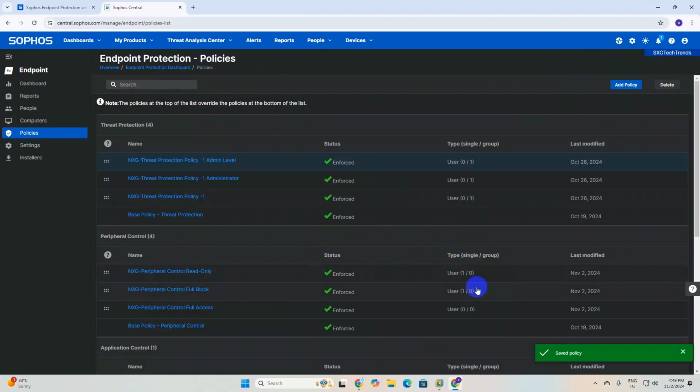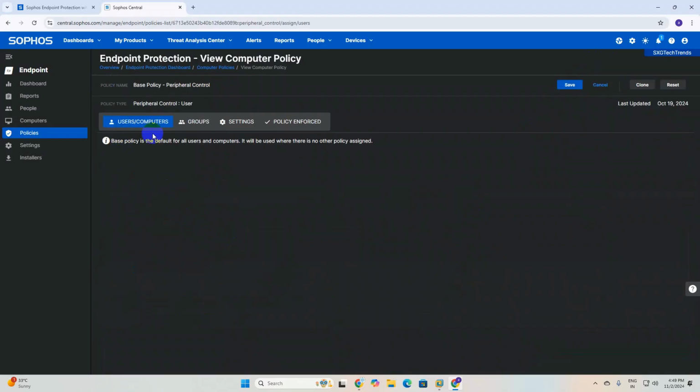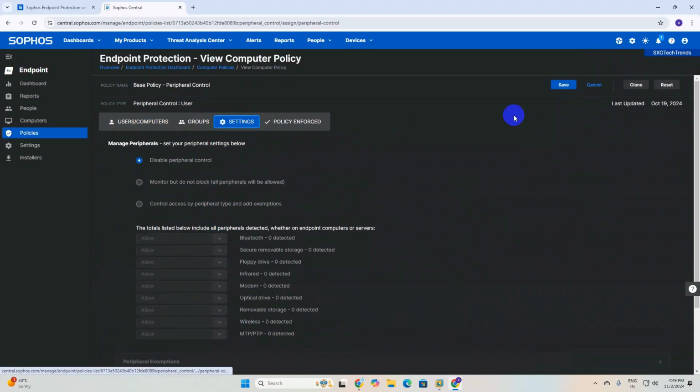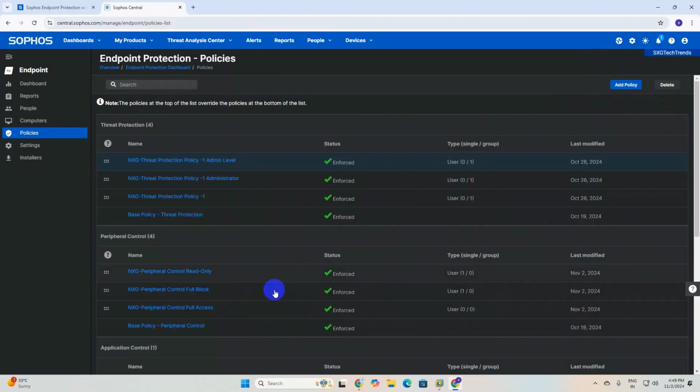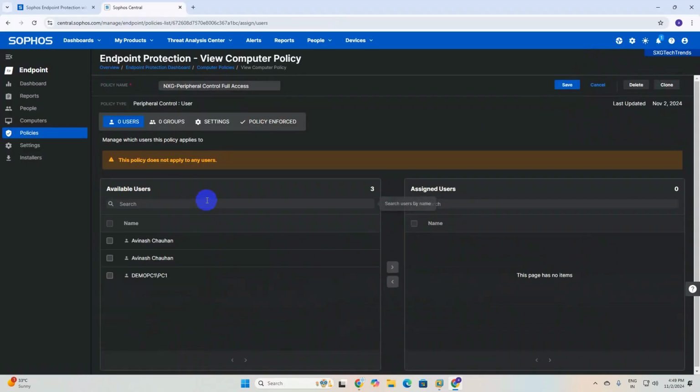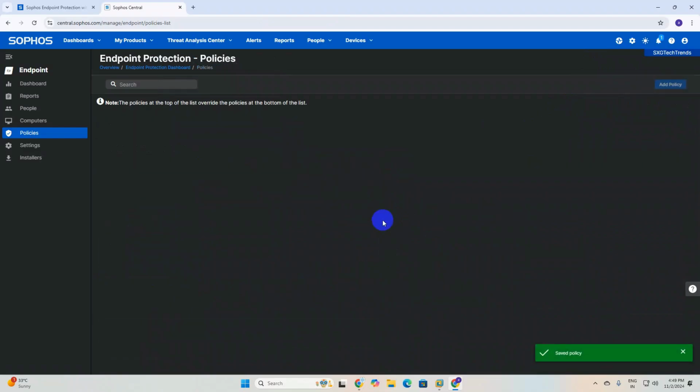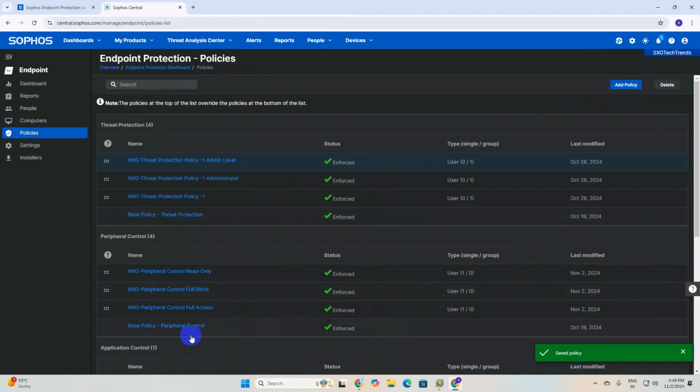Now you can see another user I have added, and you can again do the same. Oh, this is a default group, so I don't want to add anymore. Here you can click on next, and you can see we have successfully added users to this peripheral control group policy.